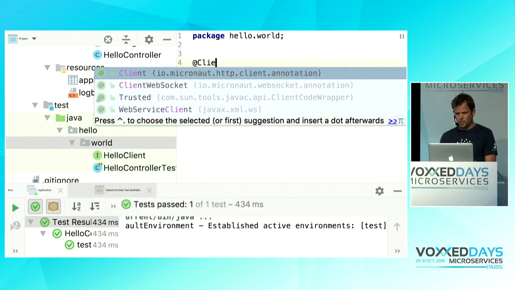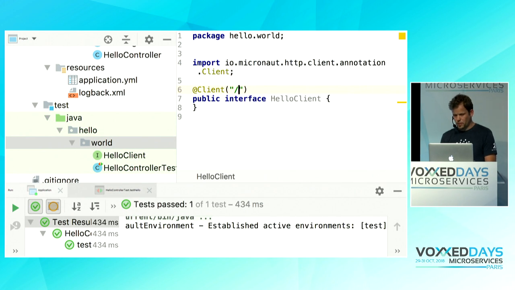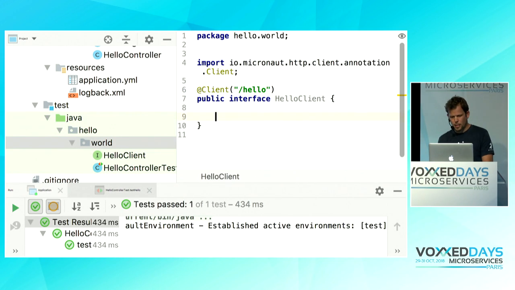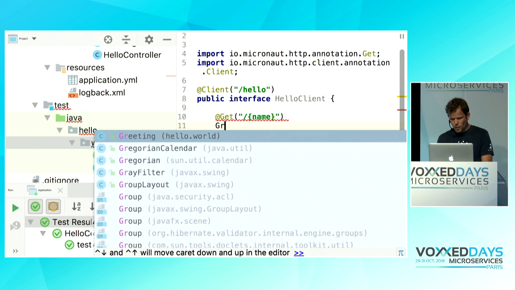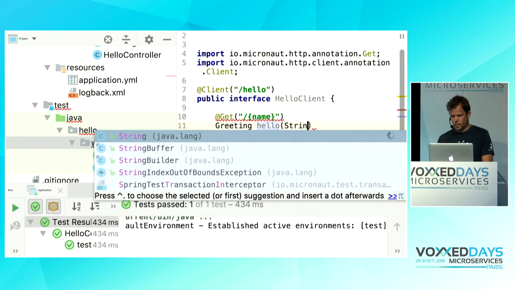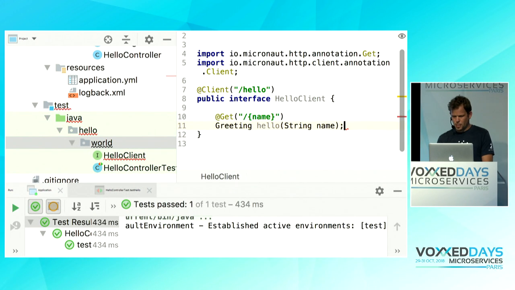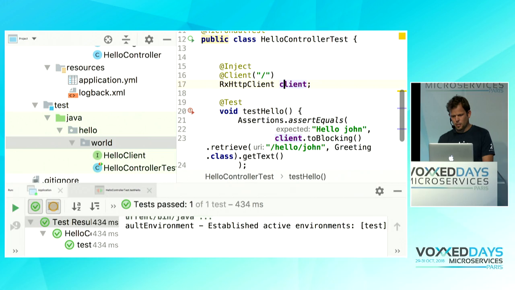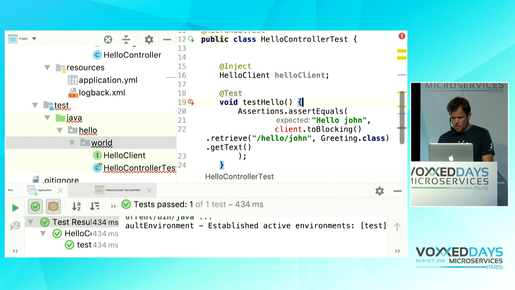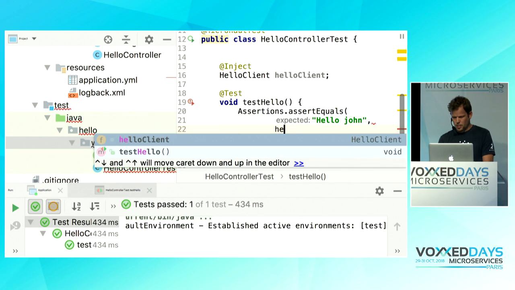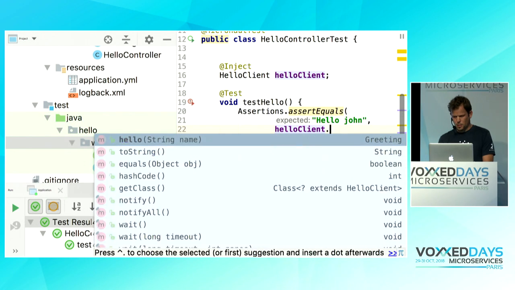And you can say that this client maps to the hello URI, and then you can define a get that takes the name, and you can define the greeting, string name, and then in my test what I can do is instead I can inject my hello client, and we can say hello client, hello,